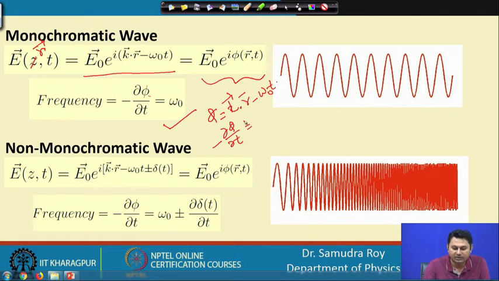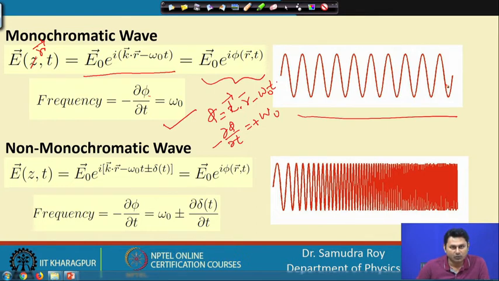Here k dot r is not a function of time. So, this term will be 0, minus of omega 0 t. So, del t will be absorbed and eventually we will have plus omega 0, because this minus will be absorbed here. We have already a negative sign here. So, that means we will have a specific frequency omega 0 when the form of the monochromatic wave is k dot r minus omega t. Now, if I plot these things, we will have a wave like this. This is a picture of a monochromatic wave. The frequency distribution is uniform, as simple as that. The frequency distribution inside the wave is uniform.